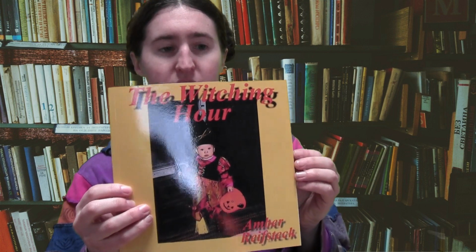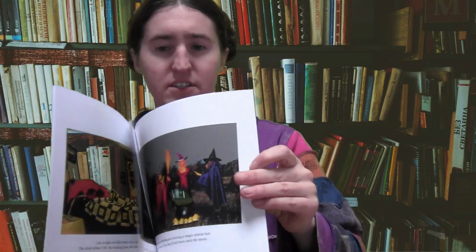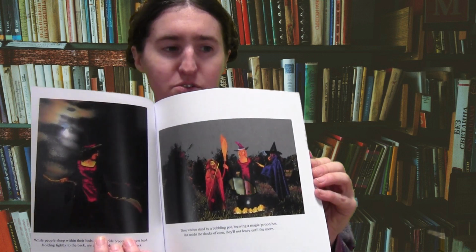This is another one by the same author. This is one that she wrote and illustrated as well. This is a little Halloween book, and this one is for young children. I'll open it up here. You can see some of the pictures here. She says in the author bio that the pictures were inspired by